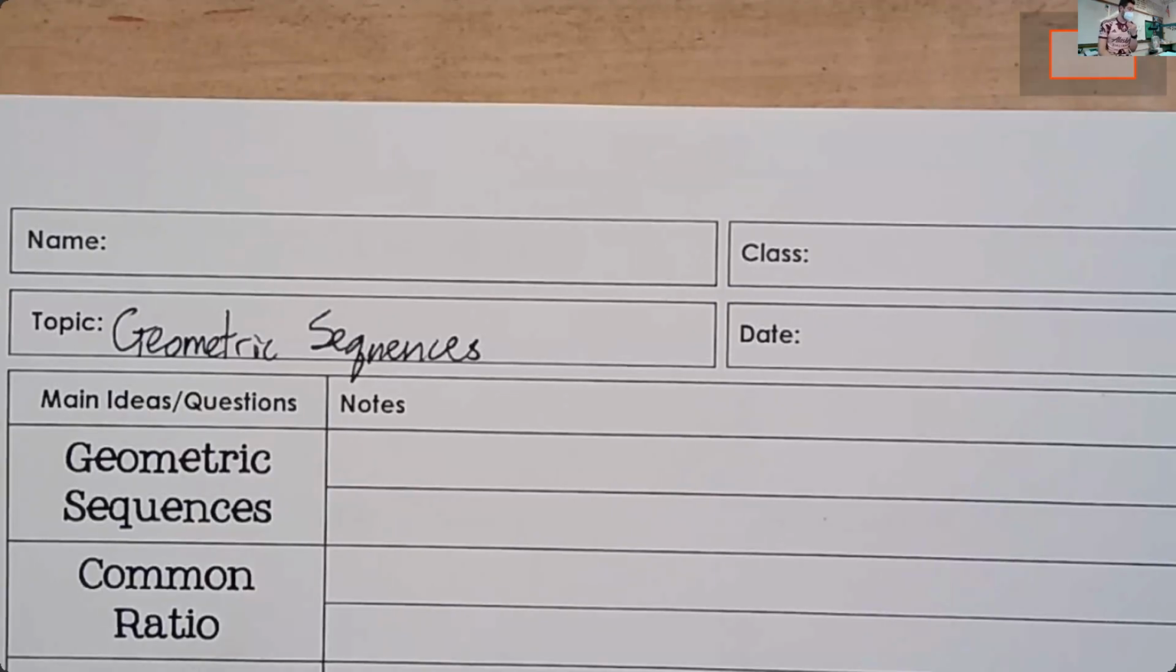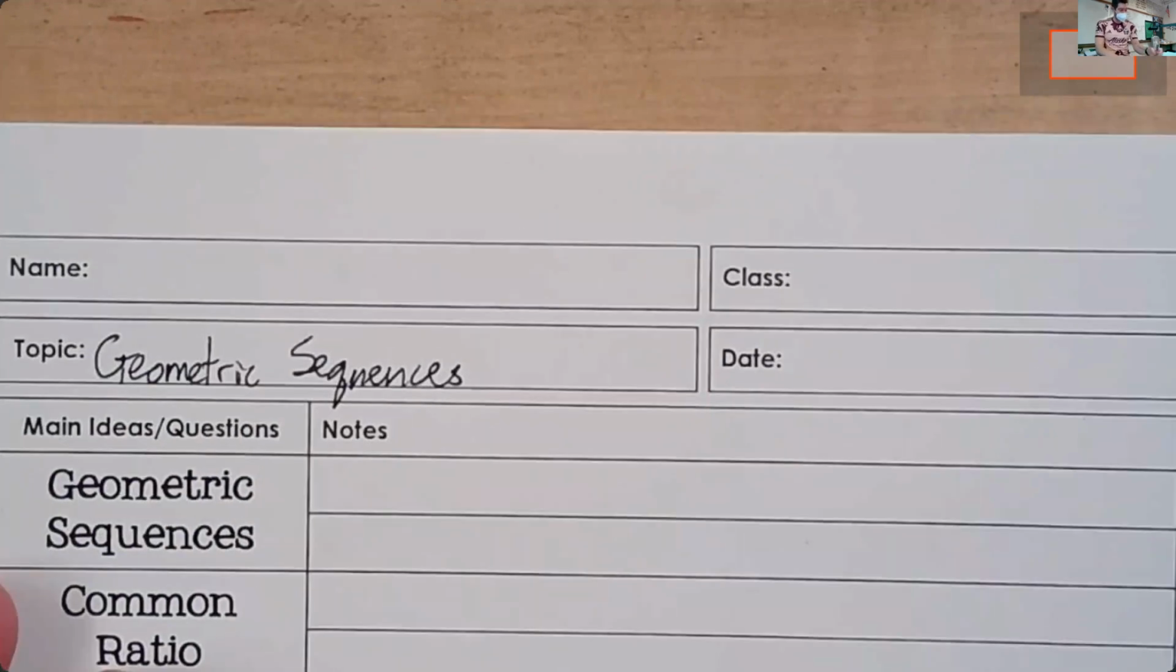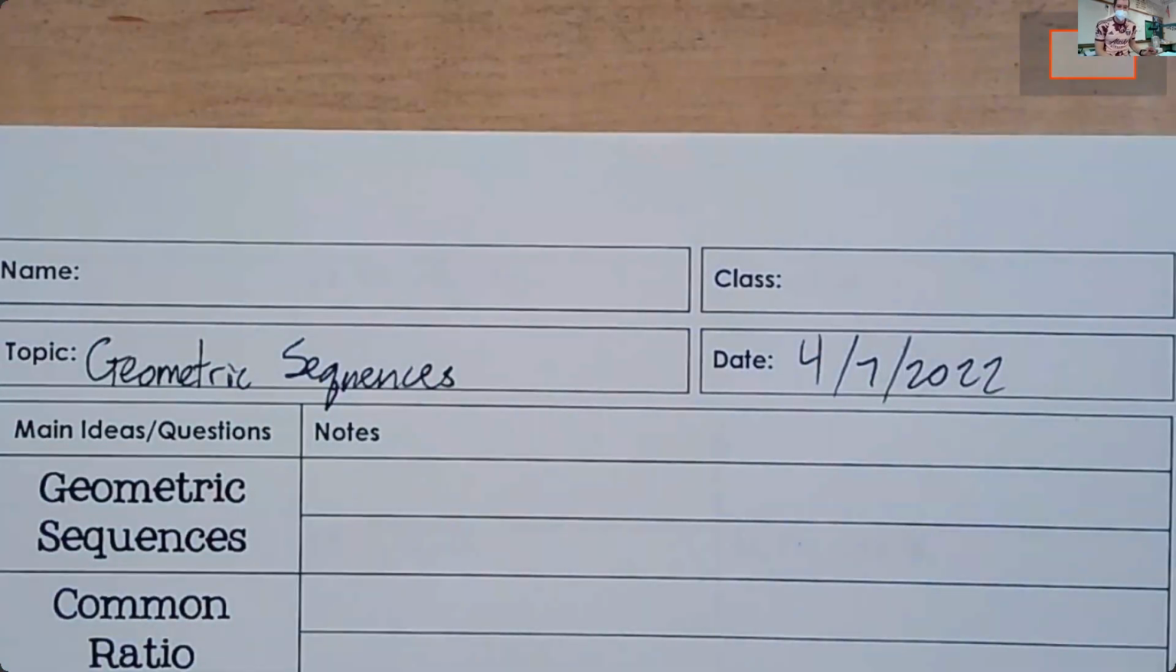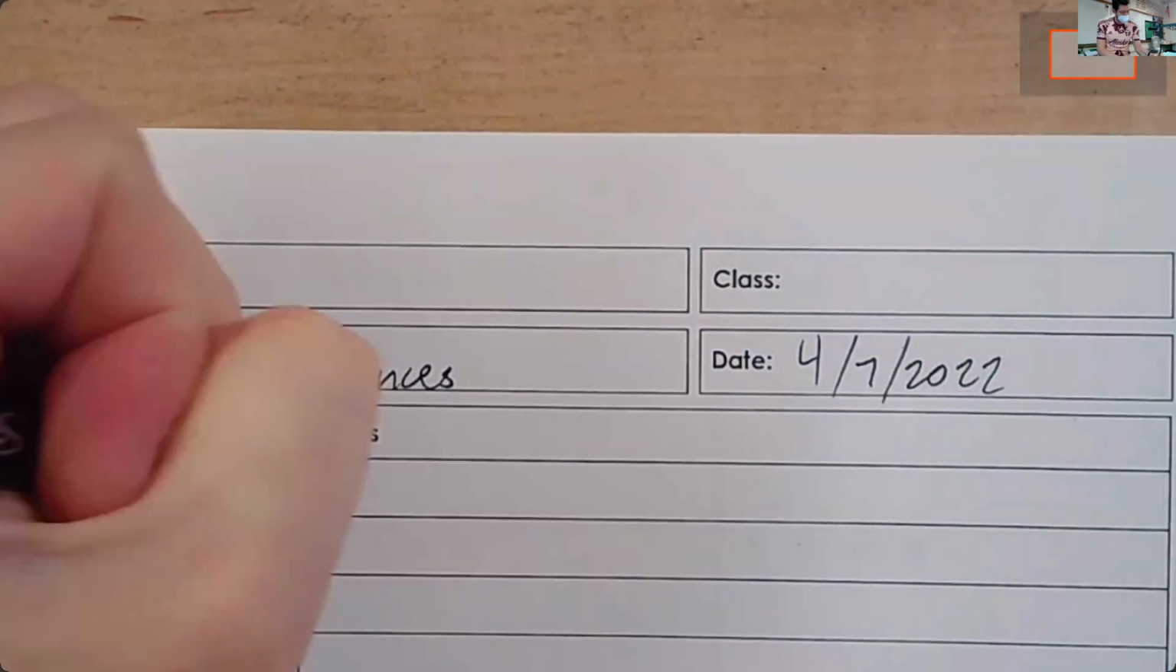It actually is very closely related to what we've been working on the past couple of days with our exponential functions. So, in fact, it is an exponential function. So let's see, today is the 7th, so 7, 2. All right. So a geometric sequence is a sequence of numbers